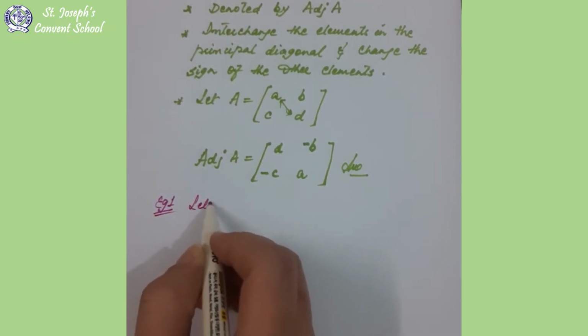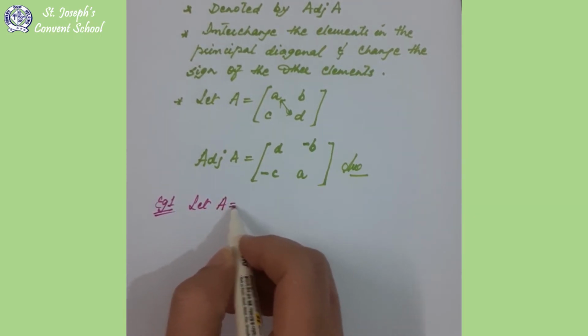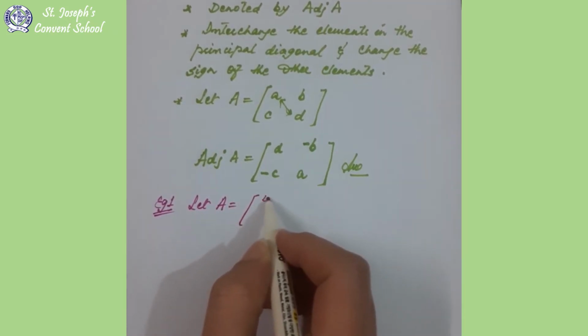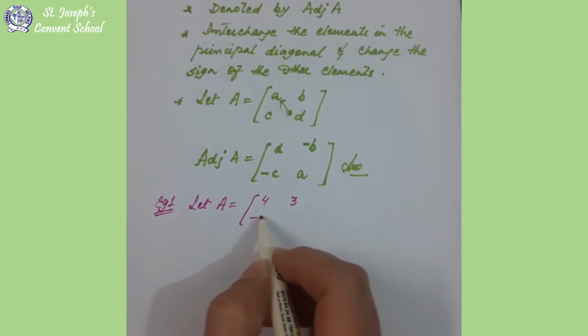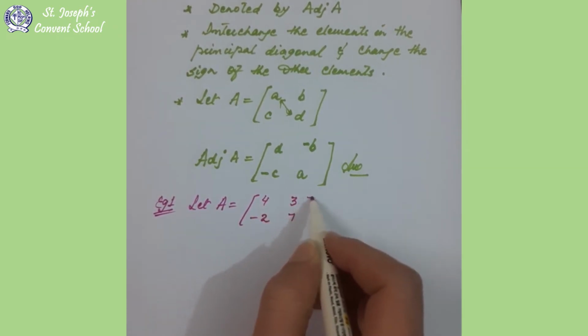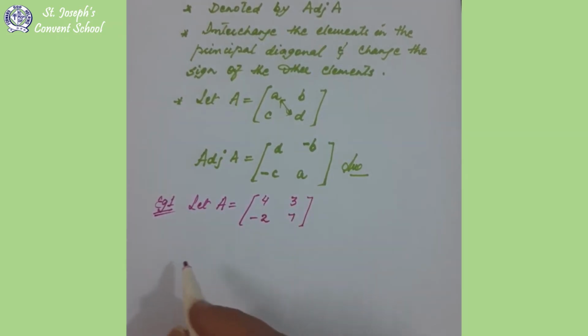Suppose matrix A is given. Let matrix A be 4, 3, -2 and 7. You have to find the adjoint. Adjoint comes in the MCQs. Okay, so adjoint A is,